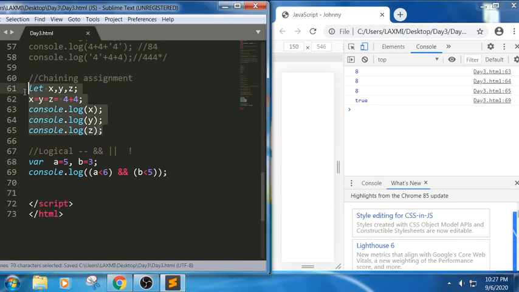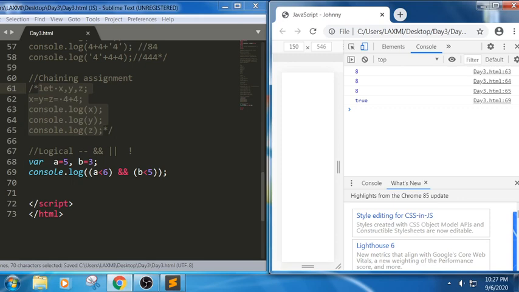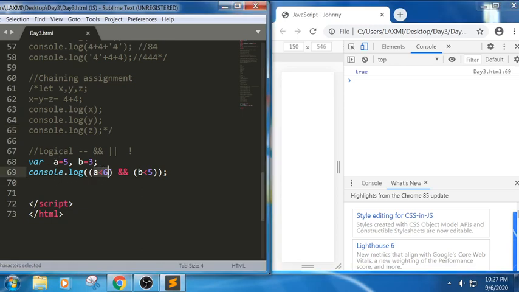Now you can see we are trying to make sure. Let me write the symbol. So we got the output like this, true. It means it will check this condition and this condition. If both are true, it will return true. For example, if at least one is false, then what happens? It returns false. In the logical OR operator, if one is true and one is false, it will return true. For example, if I am trying to take, or else you can use Control C, and I'm trying to write like this.